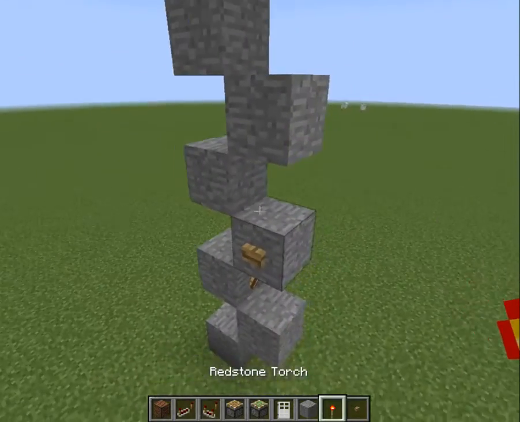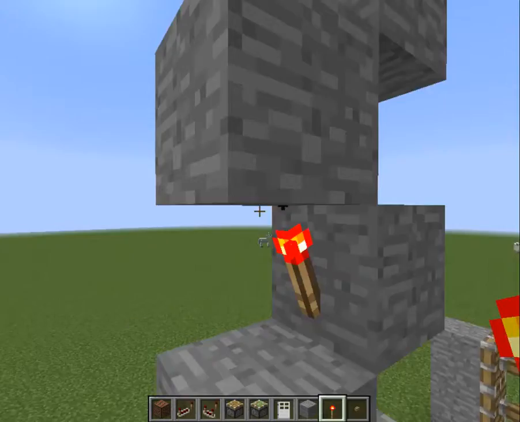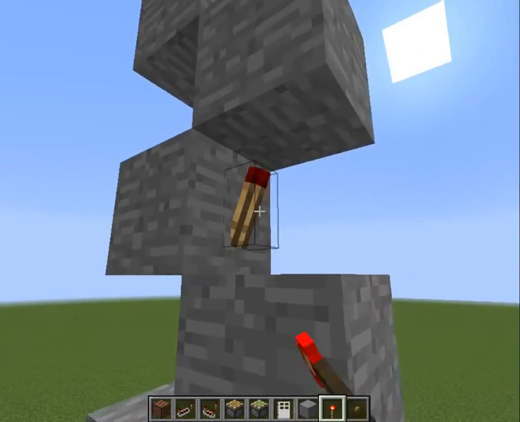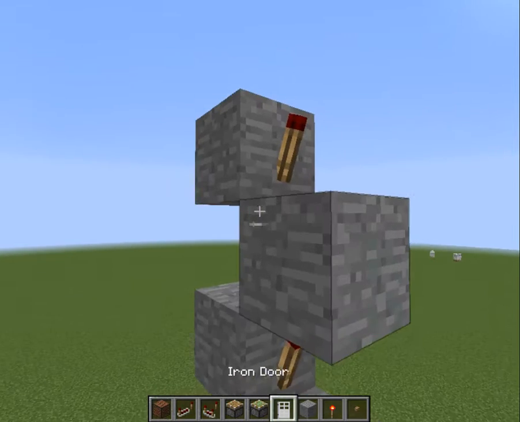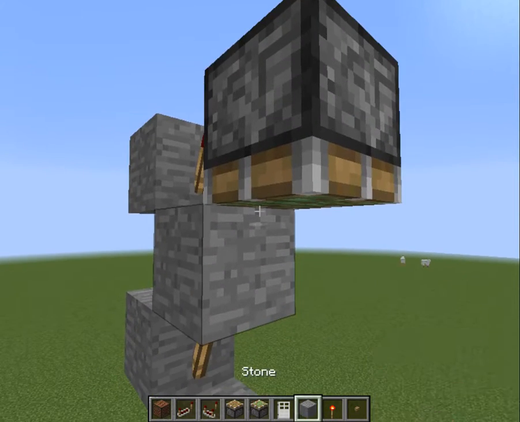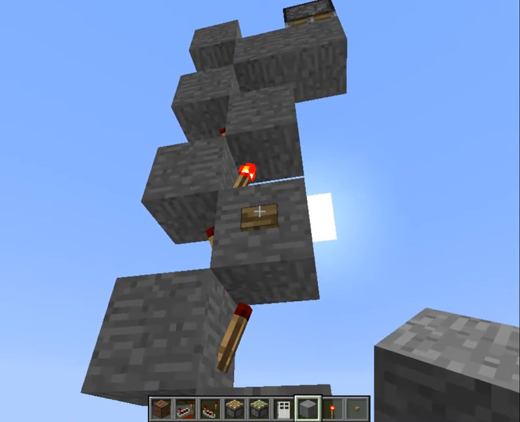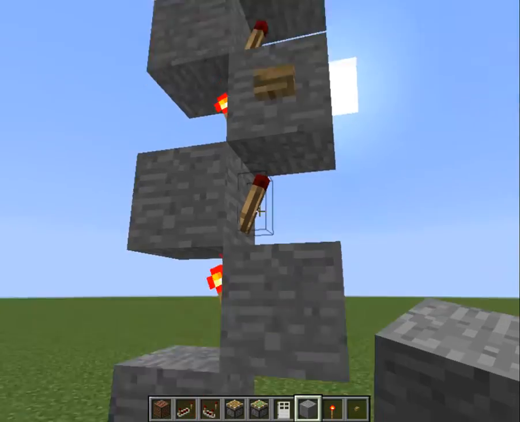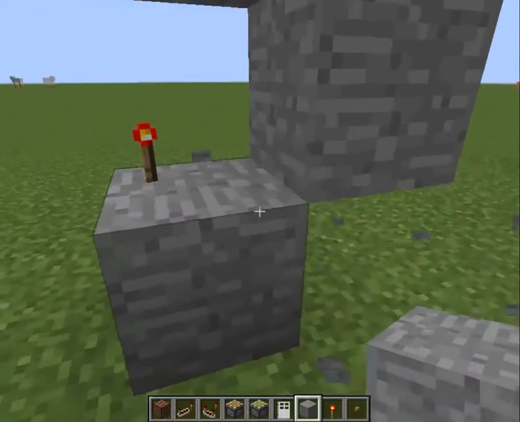And you place all the torches, and you would have something like a piston or a door or something like that. And when you press the button down here, it does it up there. So again, I'm gonna leave this here,